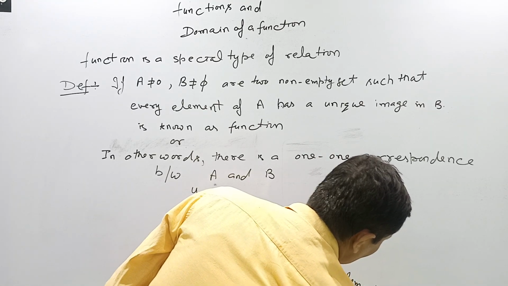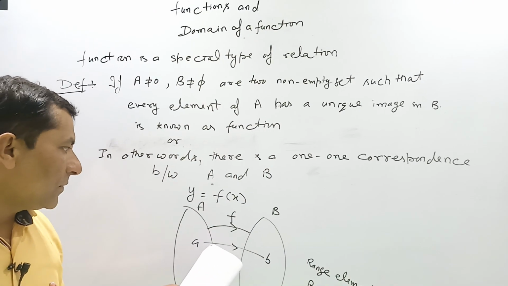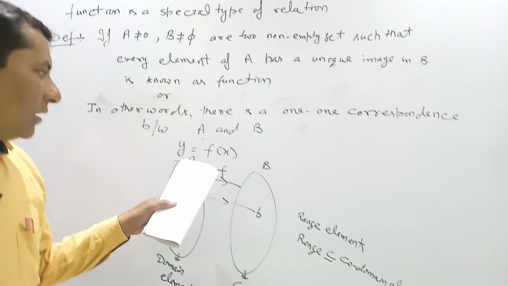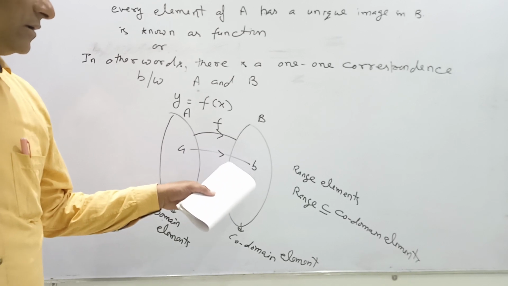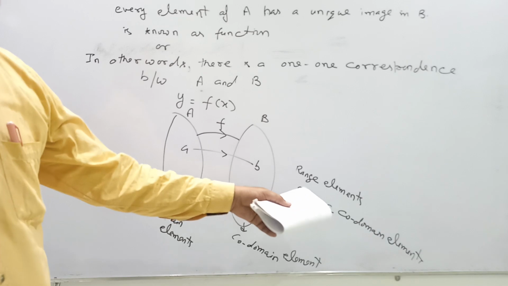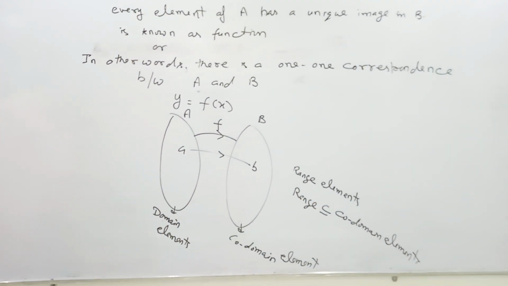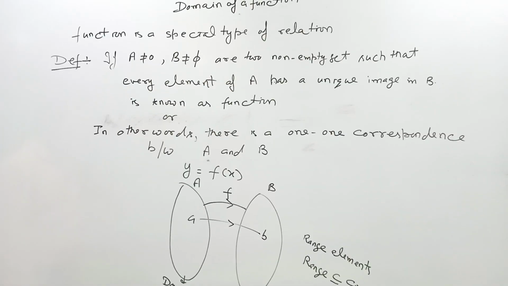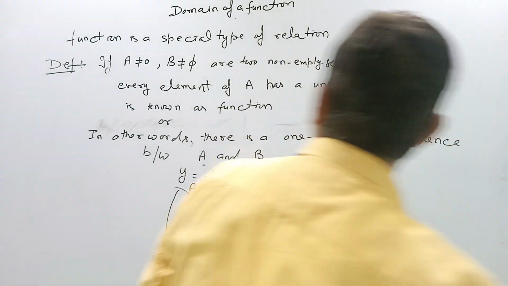The elements of set A which have an image in B are known as range elements. A range is always a subset of codomain elements. Okay, understand, beta? Now next,